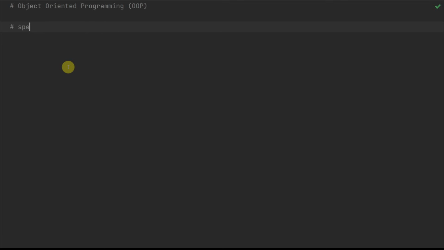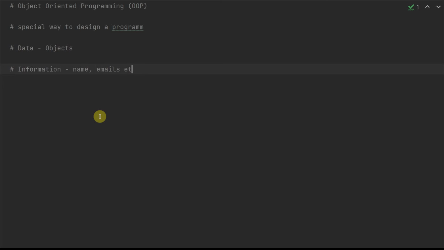Object-oriented programming is a special way to design a program. That's as simple as that for now, right? It's just a special way where you design a program. Now, before we do anything on how to design it, think of all the data we have worked with as objects. Those objects could either have certain information linked with them, such as their name, or if you're working with people, emails, etc. Or they could have certain kind of action associated with them, such as manipulating some data,